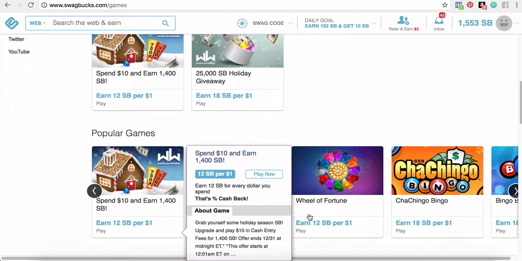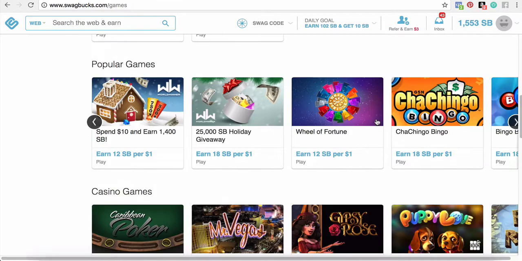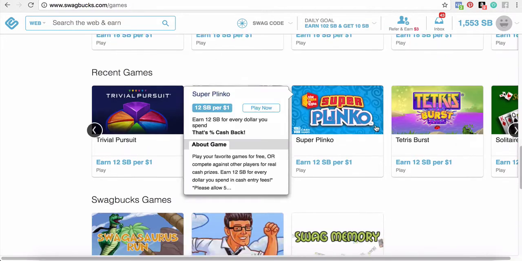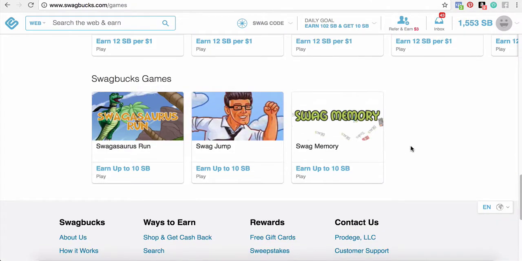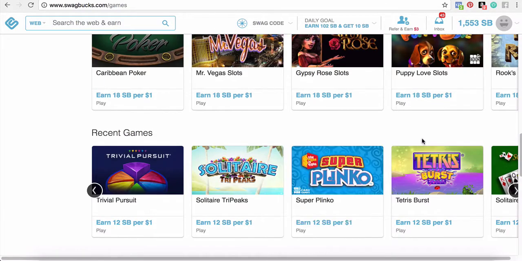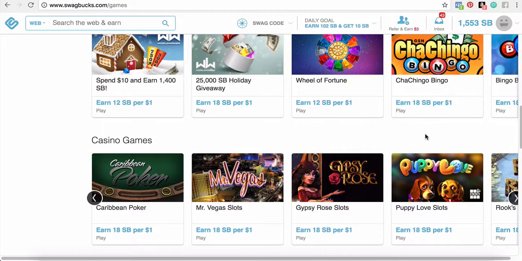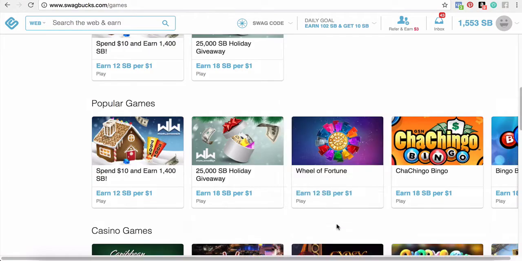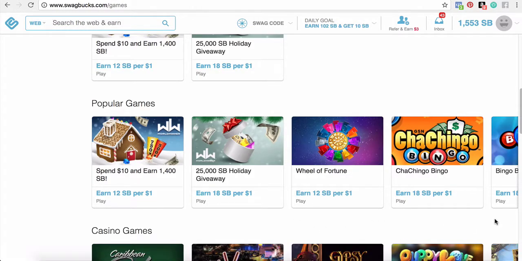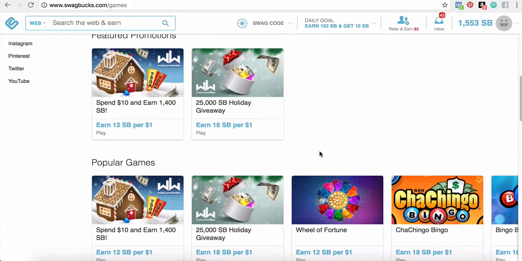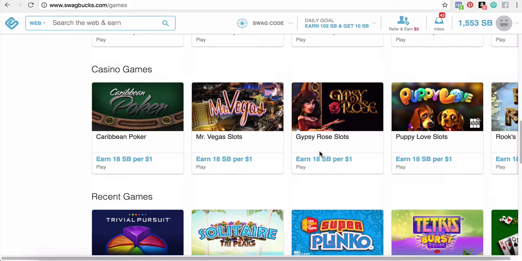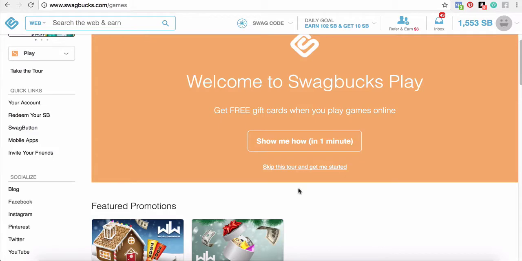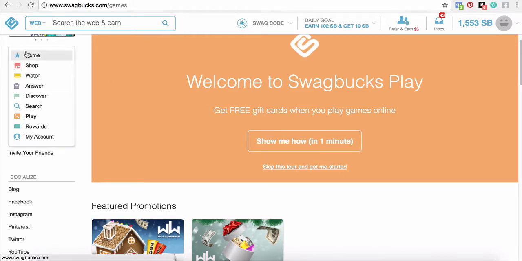the Swagbucks games, where just for playing you can earn Swagbucks. Well, I'm already addicted to Candy Crush, so I think that this could be a good way for me to earn some Swagbucks, but I have to pick a game and get good at it and enjoy it. And all the little shop,